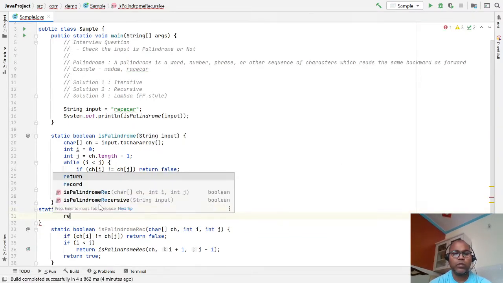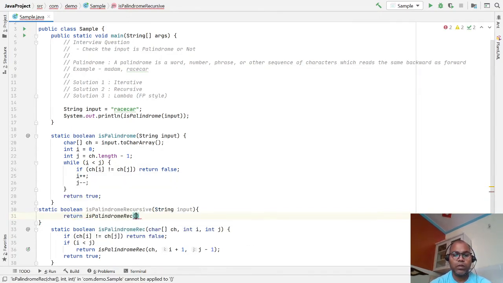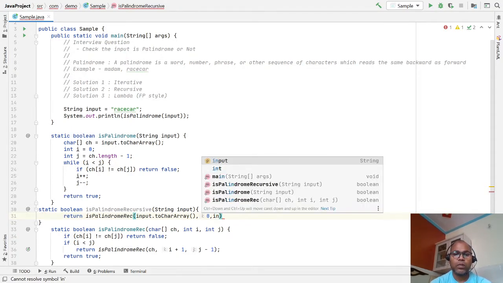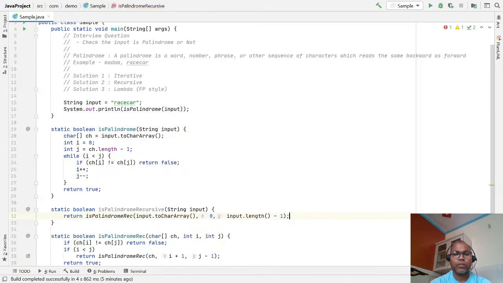Here we just invoke the recursive method with input dot toCharArray, the initial index 0, and the last index input length minus 1. If you run it, we have to invoke it first.